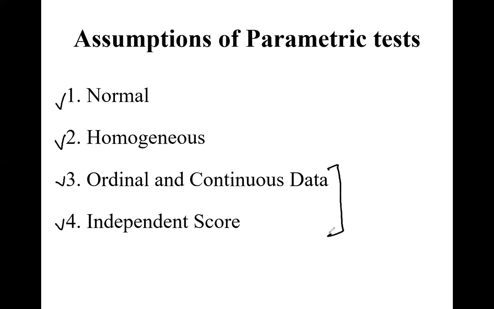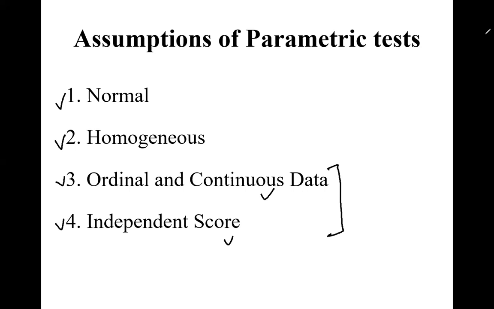The third and fourth assumptions are in our hands, we can create continuous data, and independent score means one respondent's score is different from the other. We should not copy the